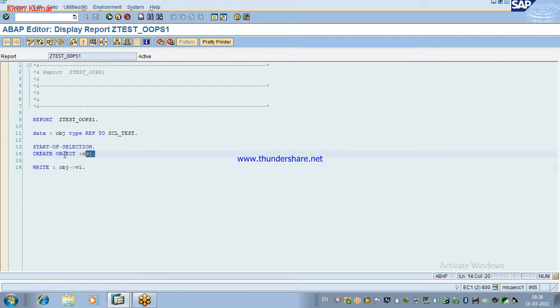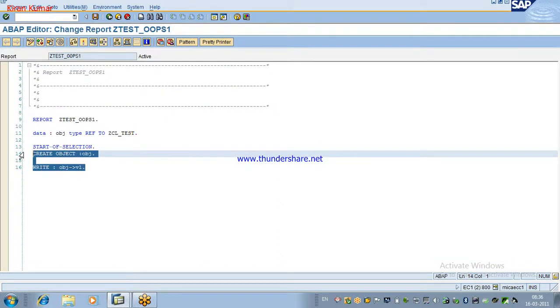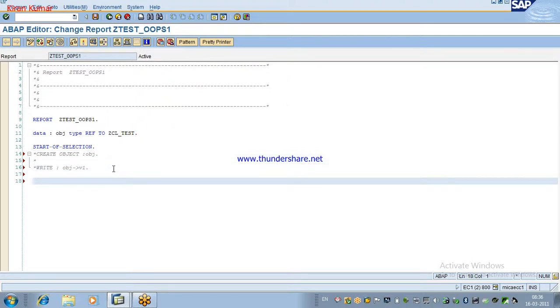And if you don't want to create an object, you can only call the static components. For example, I'll comment this create object. I'm not creating an object.